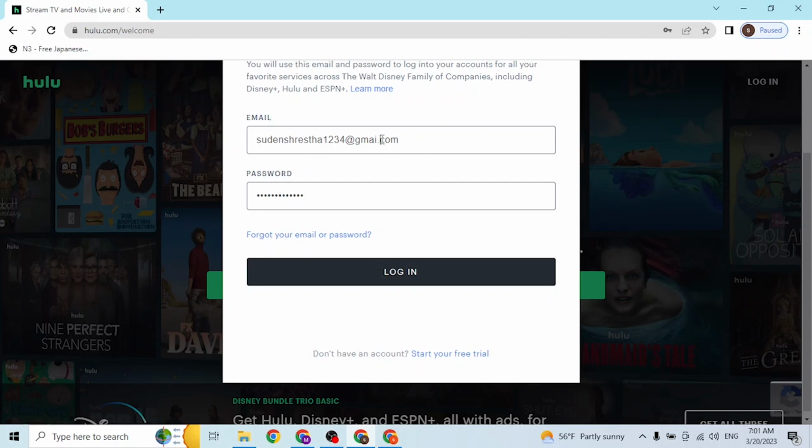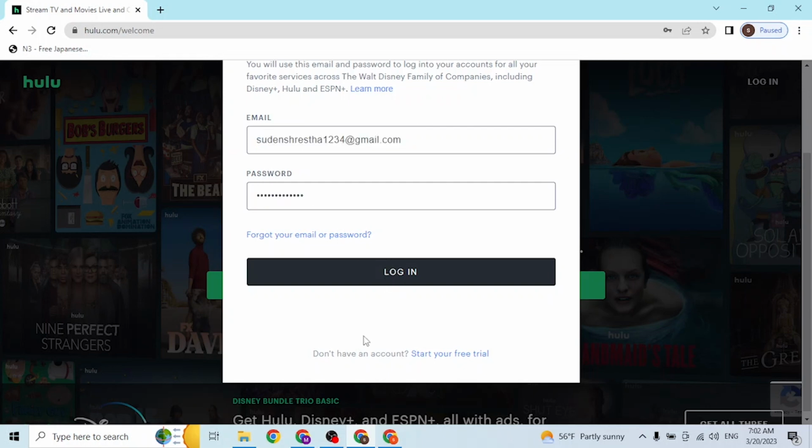But if you've forgotten your email address or your password, you can simply retrieve or reset your account's password and your email address from over here, which is the forgot your email or your password. Click on that button to go through a procedure to retrieve your email address or your password depending upon which one you lost. With that being said guys, after entering your email address and your password, simply click on login